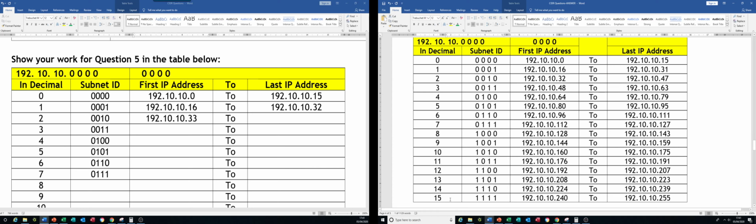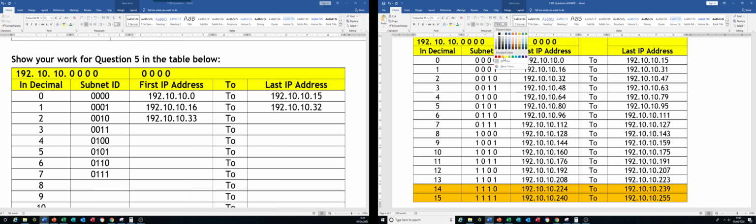I worked up to 15, but these two you don't need. Let me just gray it out. I'll put it in yellow, or orange. You don't need it. Now, can you see 0 to 15? That will give you 16